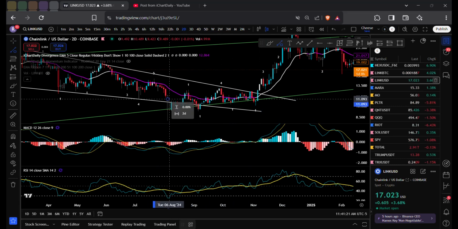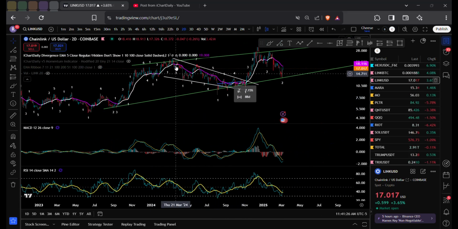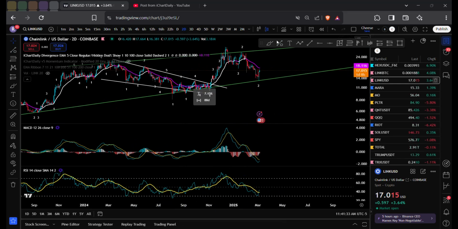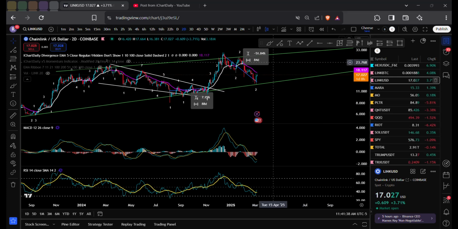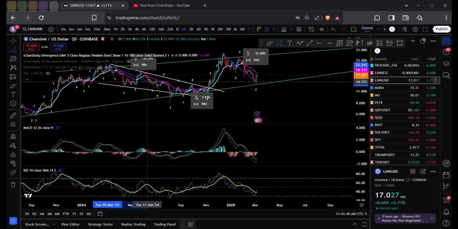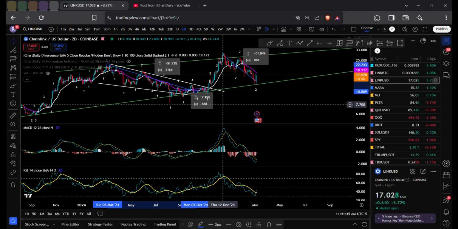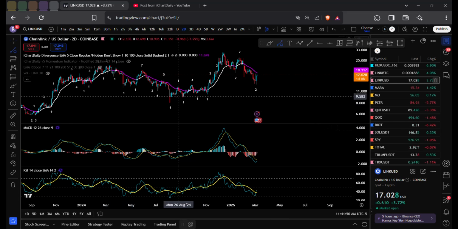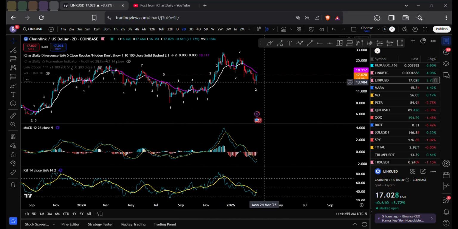This bottom took 80 days. I do think the play is going to be shorter since the run is shorter, meaning this took from here to here 200 days. This only took 84 days. So what was this one? This one was 260. So let's just say it's a third, right? If this was a third, what was this one? 90. So this might be a 30-day consolidation.